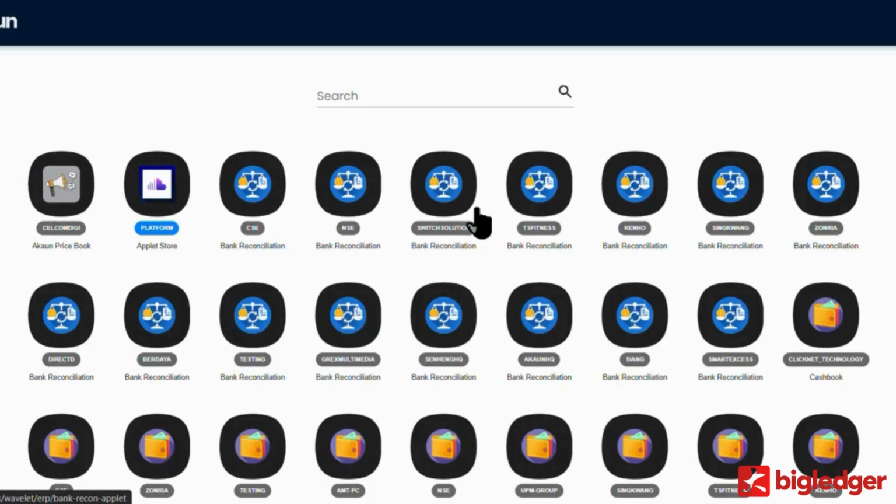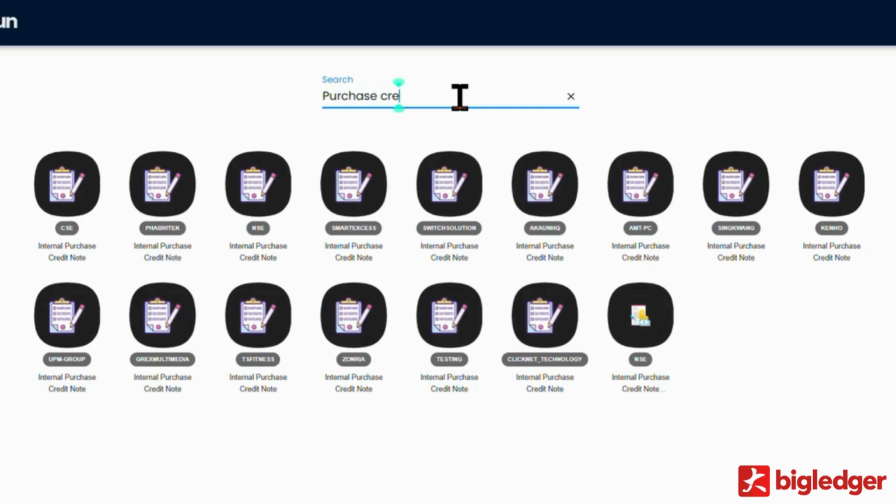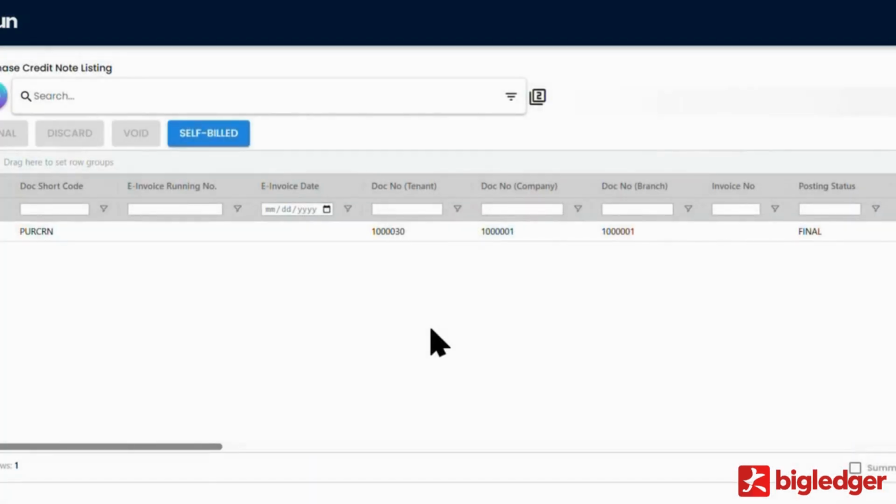Now I will talk about how to use the purchase credit note. For the purchase credit note, you need to go to the internal purchase credit note applet. This applet is mainly used when you have some increase on your supplier